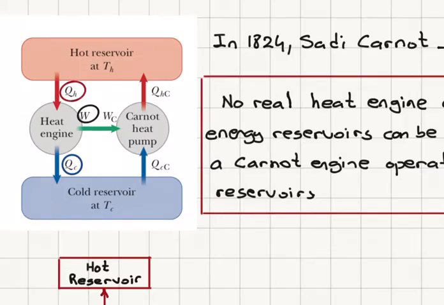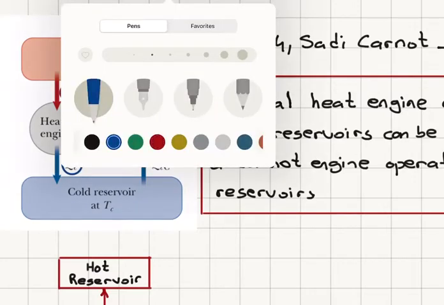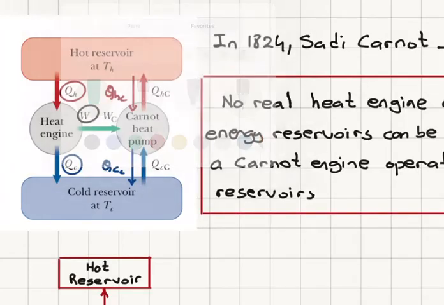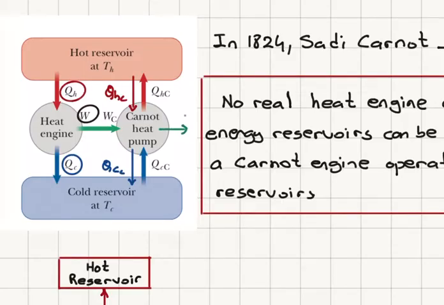This is a reversible engine, so it can be operated as a heat pump or a heat engine. If you operate it as a heat engine, it would absorb an amount of heat QHC from the hot reservoir, provide an amount of heat QCC to the cold reservoir, and give you a work W